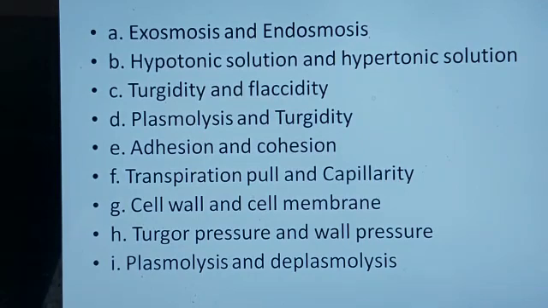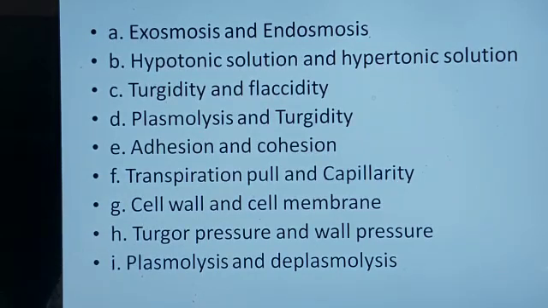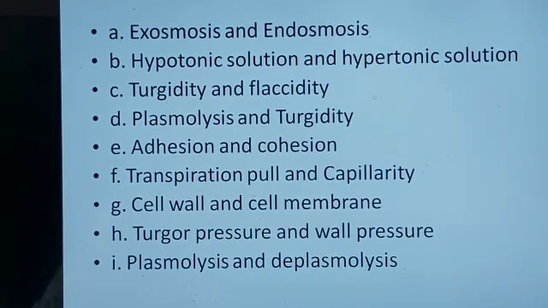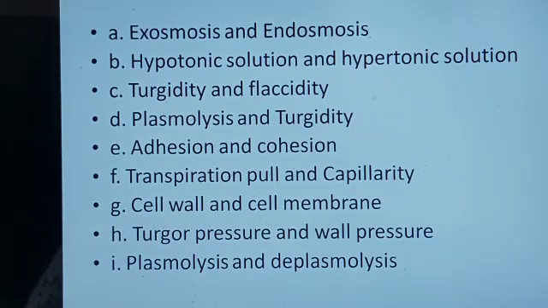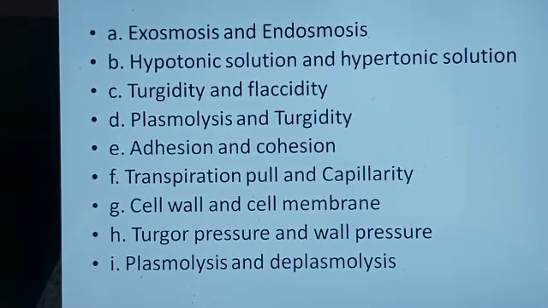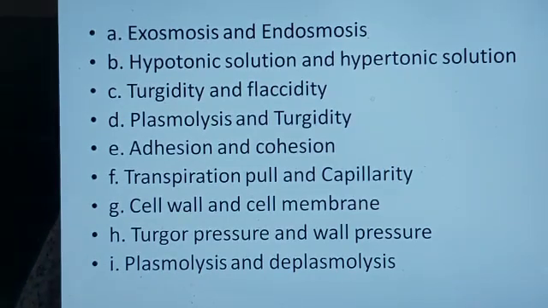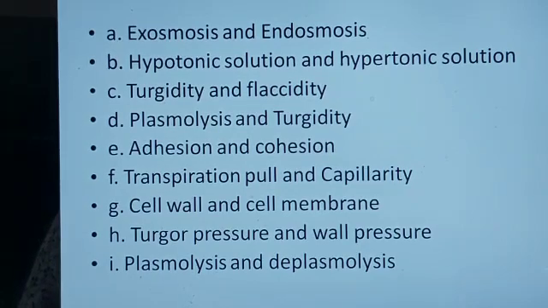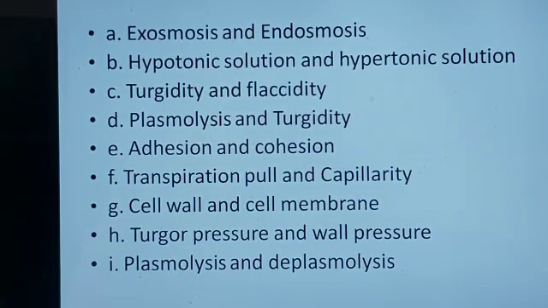Now coming to the third segment here, differentiate between the following. These are also very important differences that are very commonly asked in your ICSE biology paper. Here you can see exosmosis and endosmosis is the first difference. In the case of exosmosis, please see that you're writing outward diffusion of water. Outward is the keyword, and semi-permeable membrane is also a keyword. Similarly, when you're writing about endosmosis, write inward diffusion of water through semi-permeable membrane. So see that the words inward and outward are there, and semi-permeable membrane is there in your answer.